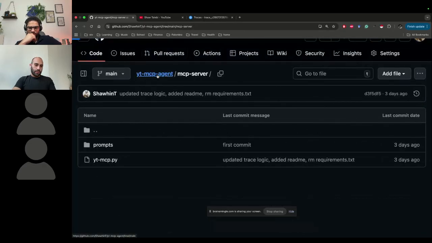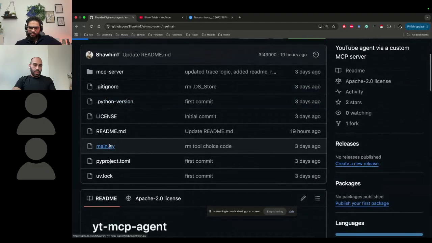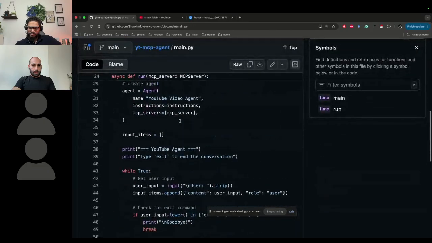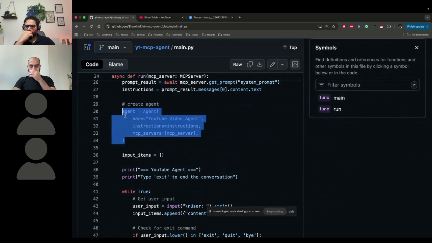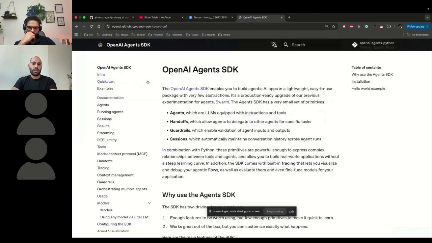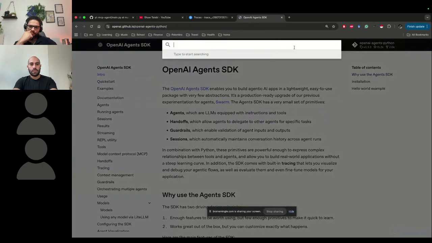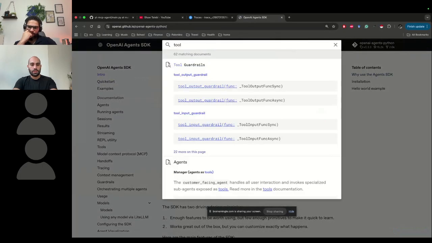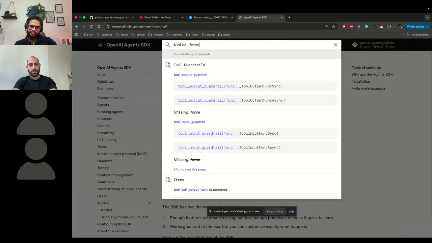If we go to the code, to main, when you create the agent, there's a property that basically forces the agent to call tools. Let me see if I can find this real quick. Tool call force.